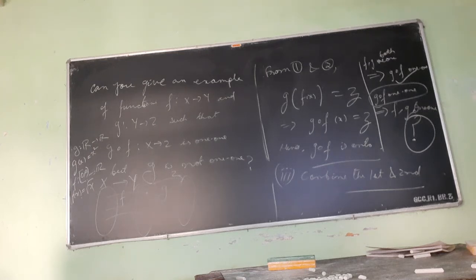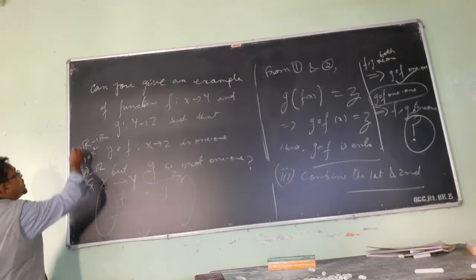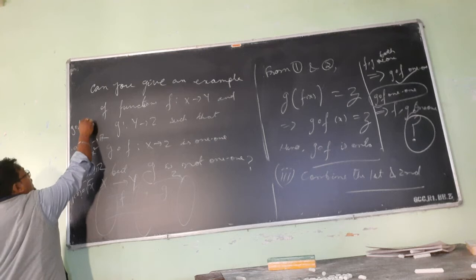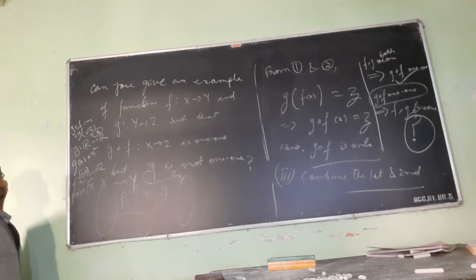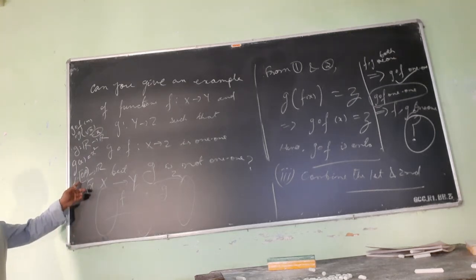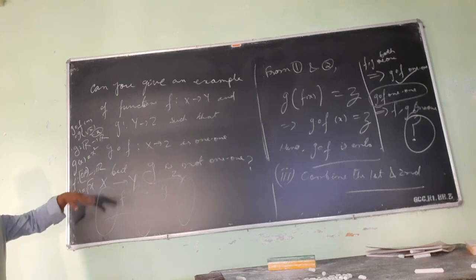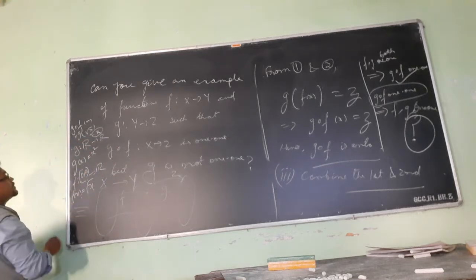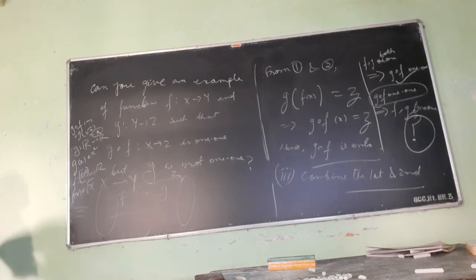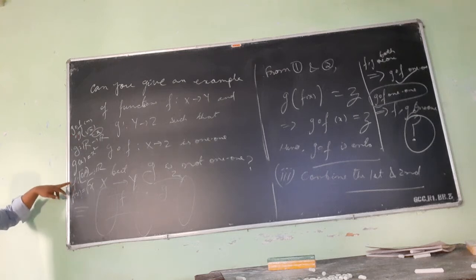So g is not 1-1 because minus 1 and 1 will have the same image. What about g∘f? g∘f of x will be equal to g of root x, that is equal to x. So this is the identity function from 0 to infinity to its range, not to R, so I cannot say exactly identity function, but it behaves like the identity function. Anyway, this is 1-1. g∘f of x is x, that is 1-1. So g∘f is a 1-1 function here, but g is not 1-1. So this is the example I was talking about.